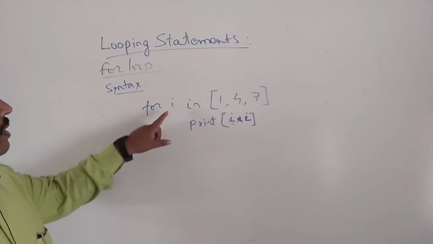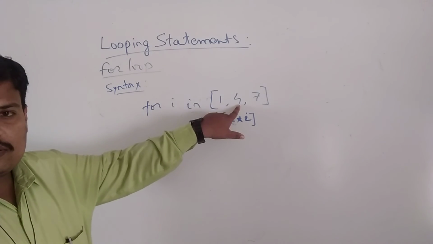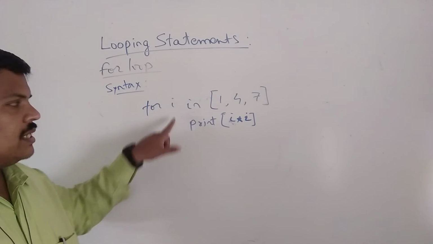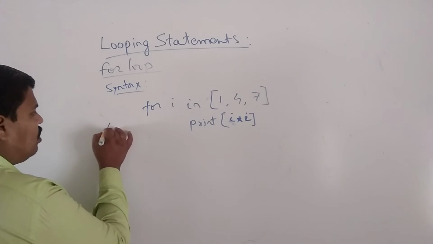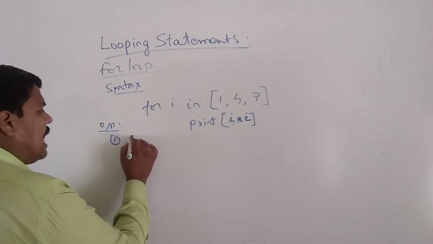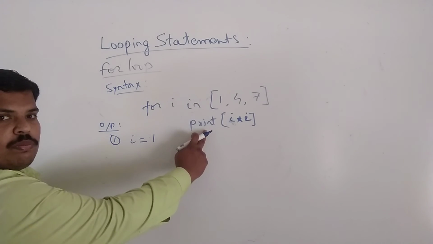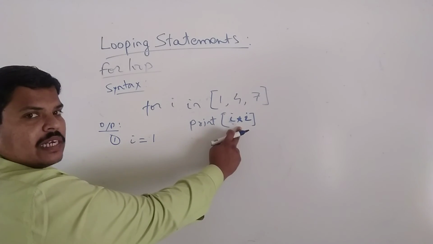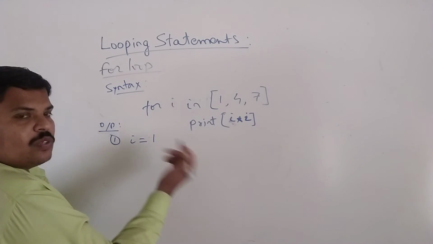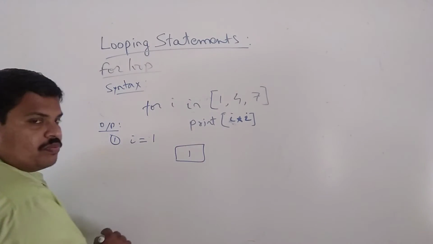So what will happen? i is a variable working on this sequence. So what is the first value that i will take? Yes. So first time, we are checking the output in steps. For the first time, i will take the value 1. Then it will enter the loop. And what is the statement executed? i into i. So what is i into i? 1 into 1, that is 1. So the output will be 1.